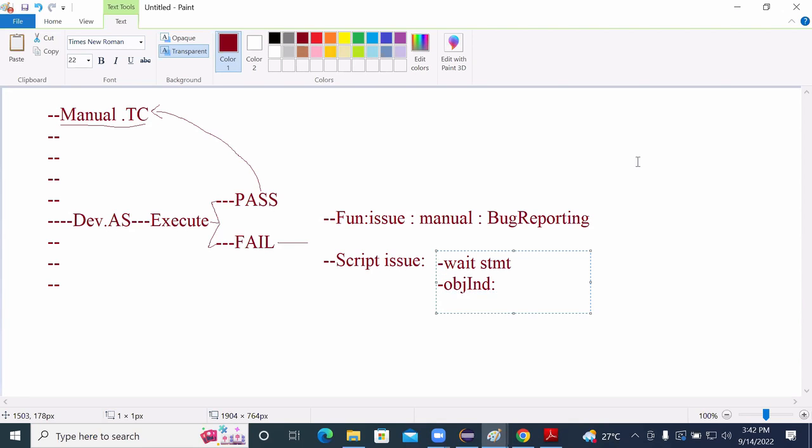object identification. For object identification, how many types of techniques are there? 8 types here. So you may try with different techniques. You need to try with different techniques here. In case this object identification